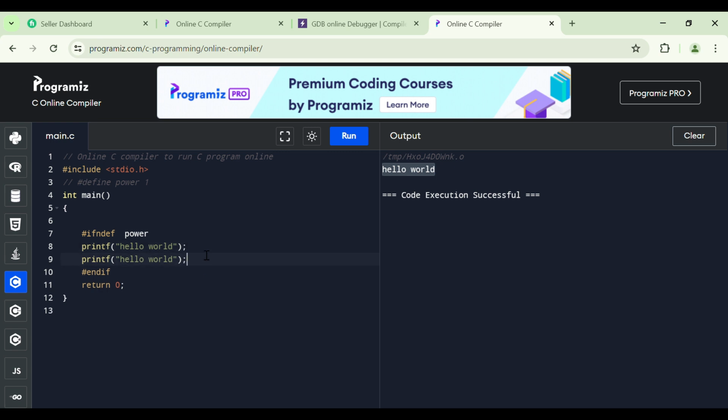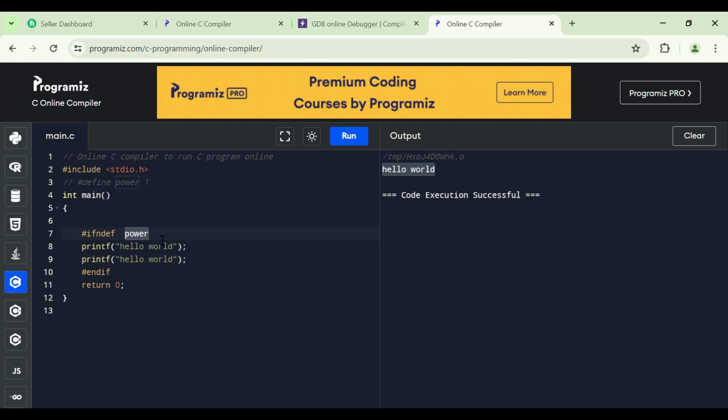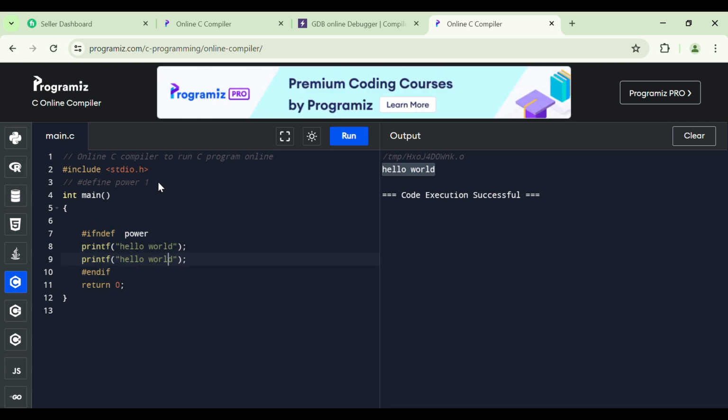So the #ifndef keyword in C language is used to conditionally execute a block of code inside our program. If this variable or any condition we define here does not exist anywhere in our program, then the set of statements or functions between #ifndef and #endif will be executed. If it is defined anywhere in the program, then these statements will never be executed. So in this case, let's see.